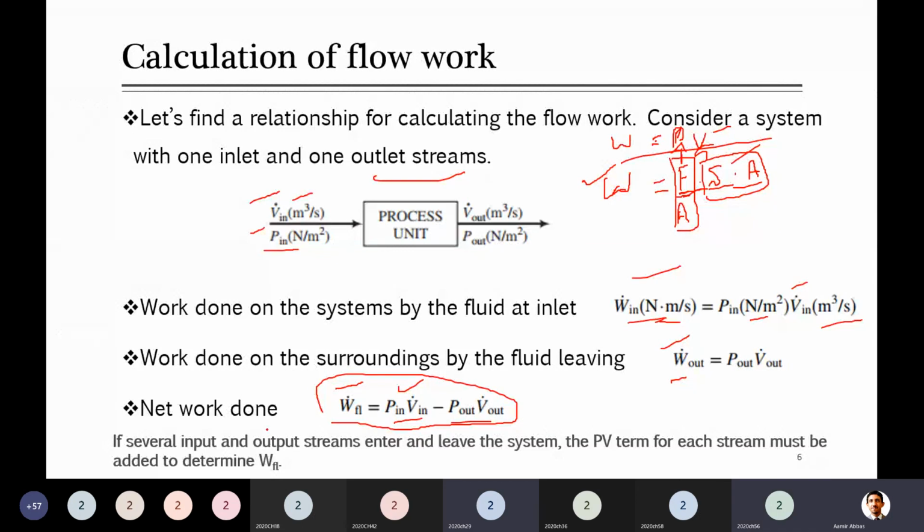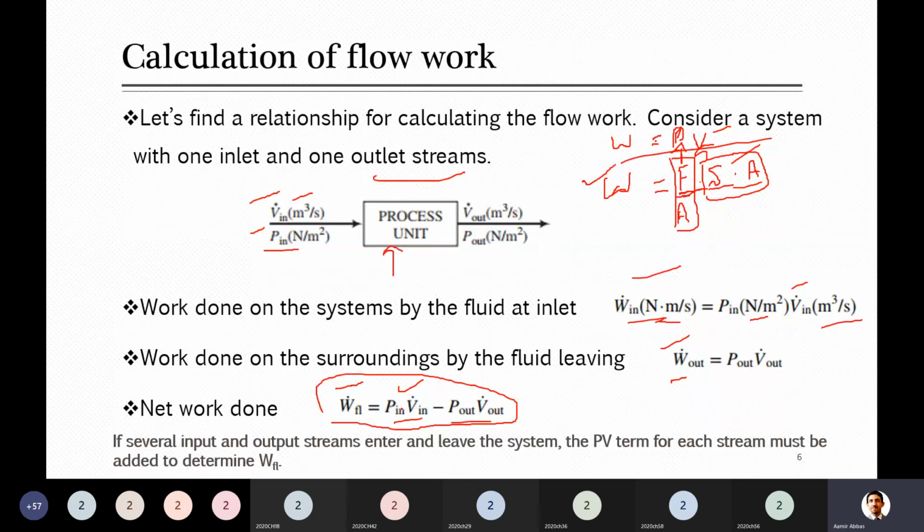Sum of inputs, then output, which will be one. Yeah, simple. You have to add all those getting in. So for example, I will name it as P1 V1, meaning first stream, its pressure and volume, plus P2 V2 because the second is getting in, minus the one which is going out, that will be subtracted. If more than one are leaving, then those will be subtracted. So it's simple, no need to worry.